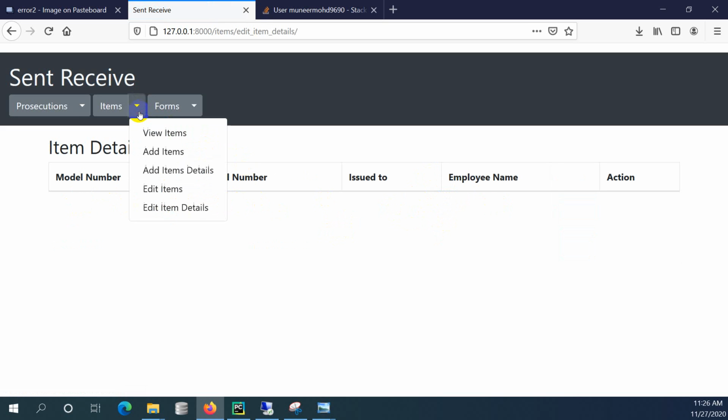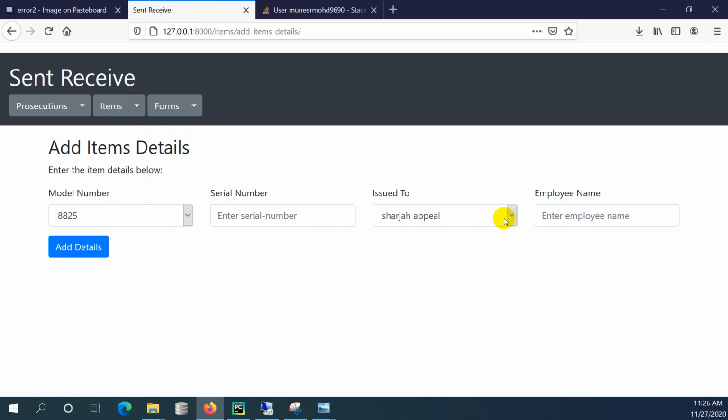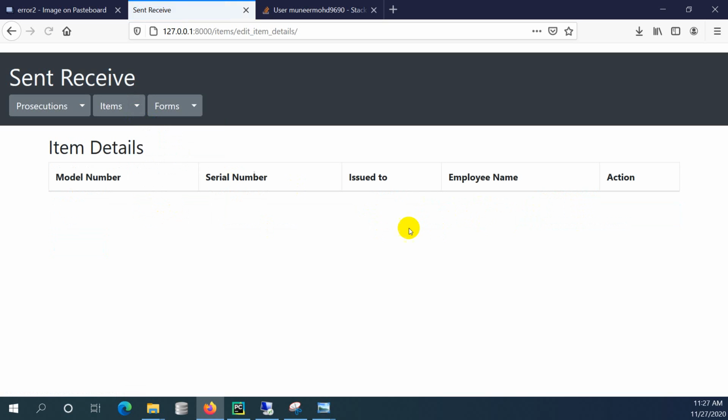Suppose when you receive an item, you will not be at the same time issuing it to any department or an employee. So when you receive an item, you will only be adding the serial number and the model number. These two items can be added later. So this can be edited at a later stage over here at the edit item details. If I come over here, obviously you can see there is an action, it should show edit,